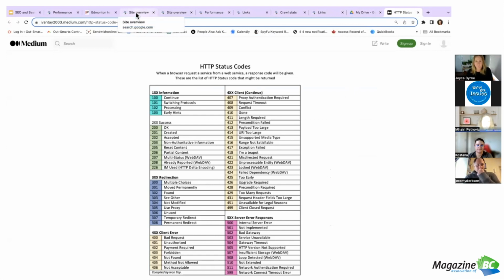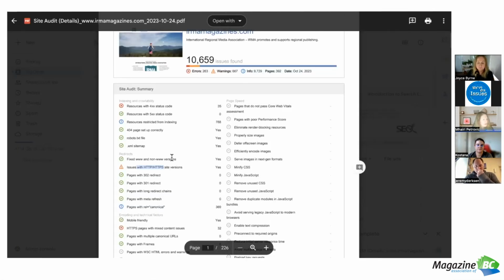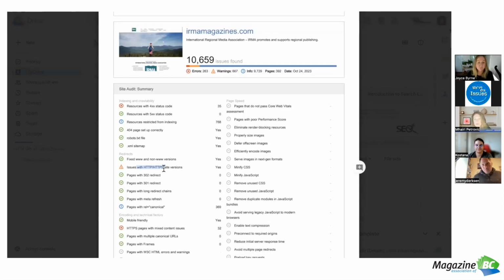HTTPS is just a security protocol. All sites should have HTTPS, and if Google sees that you're linking to an article that doesn't have that level of security, Google sees that as a red flag. So all you need to do is go in and add the HTTPS at the start of your URL to fix that issue.